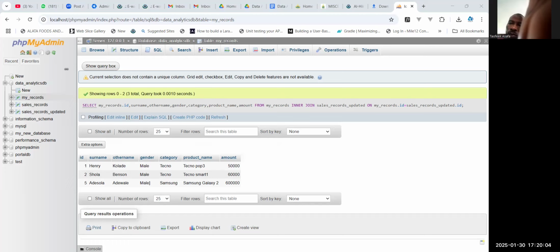So now let's join the two tables using left join. Okay. Now